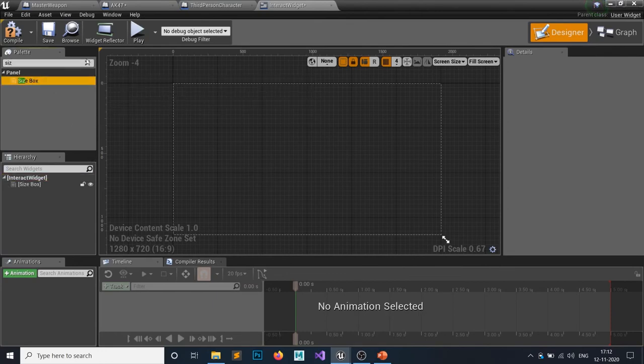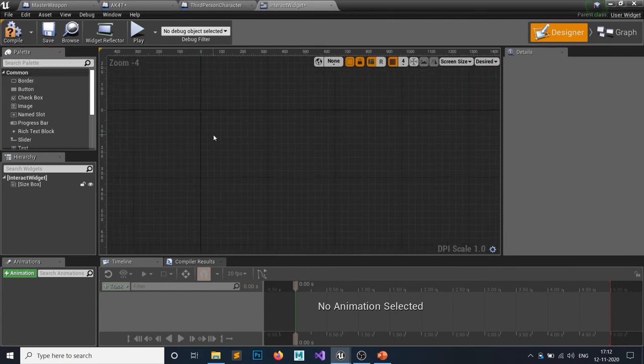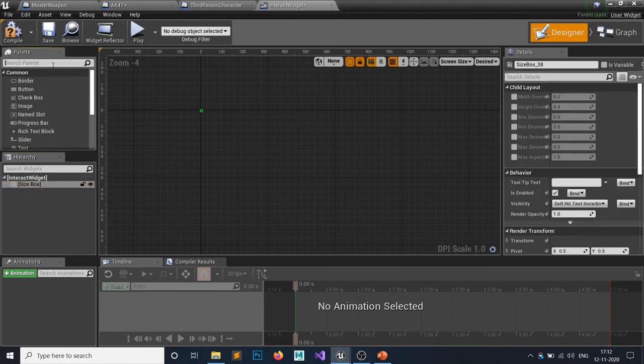So open your size box and set it to desired, so we can actually see how much space it's consuming. My size box has a border and a text, and the size of this size box would be 200 by 50 because it works fine for me.